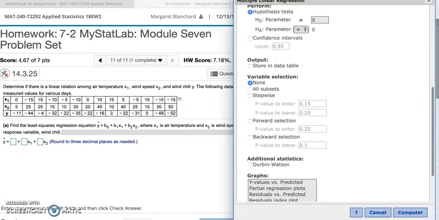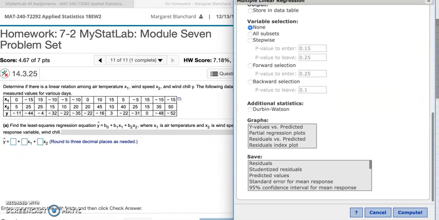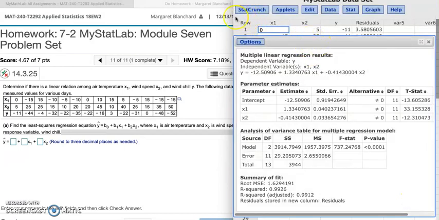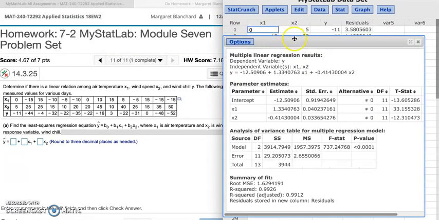Now, I'm going to scroll down and show you something that's going to help you for part B. I received a question about this. In part B, you're going to be looking to plot your residuals against each of the predictor variables. So in this case, we're going to select residuals and save it. That's going to add another column to our data set with just those residuals. So click compute. Here's our results, and we'll talk about those residuals in a minute, but let's look at our